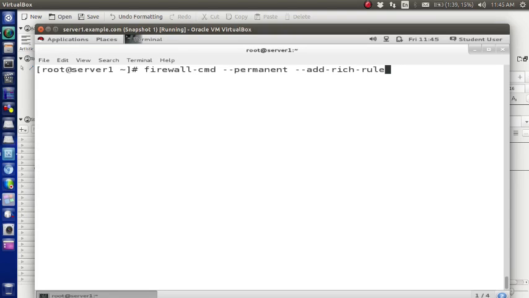So I am writing rule family, and it's only going to work with IP version 4. No, it's going to work with IP version 6 as well. Masquerading is only going to work with IPv4, while port forwarding is going to work with everyone. Rule family IPv4, source address